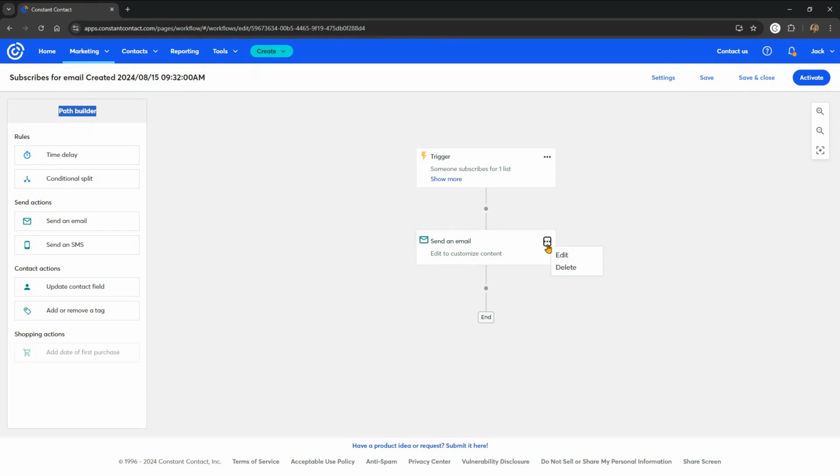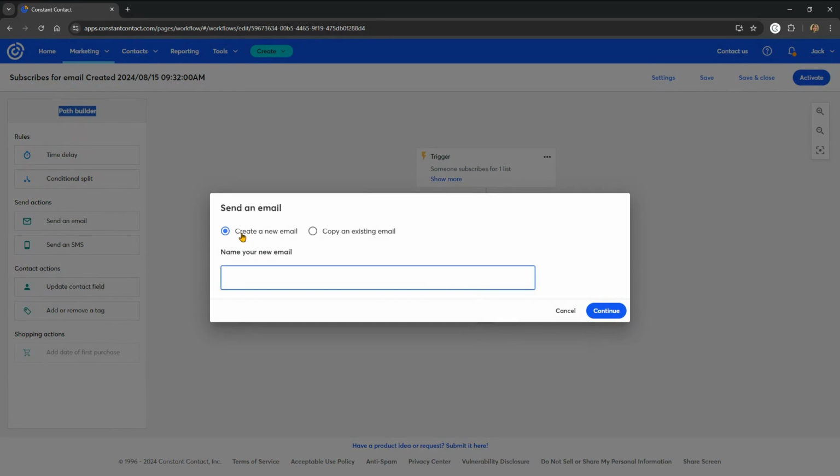Now I want to get to this little pop-up window right over here. So let's say I want to start filling out that email, I want to start writing the content that's going to send out. I can either create a new email from scratch, or I can pick from the Constant Contact templates. Or let's say